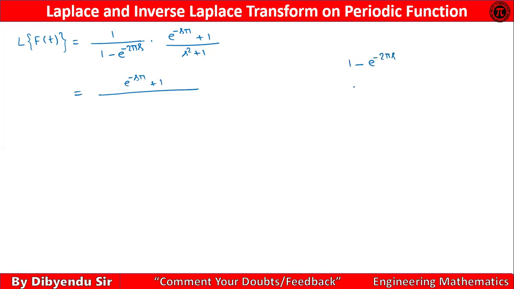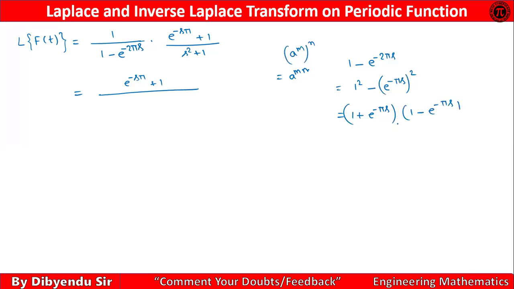We can write in this form: 1 square minus e to the power minus pi s whole square. Yes or no? Because we know that a to the power m whole to the power n equals a to the power mn by the index formula. So obviously we can write in this form, and this is of the form a square minus b square. And we know the formula: a plus b into a minus b. So that will be 1 plus e to the power minus pi s into 1 minus e to the power